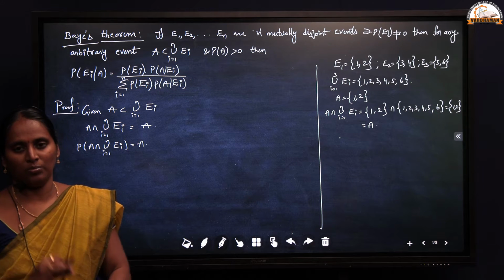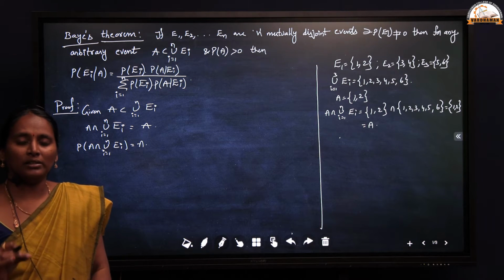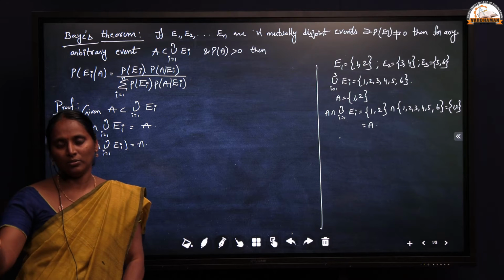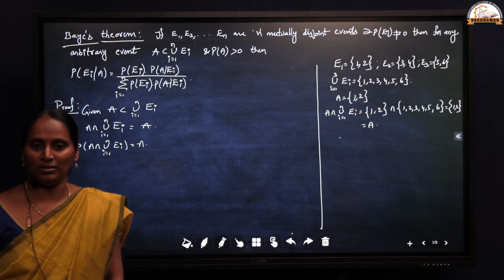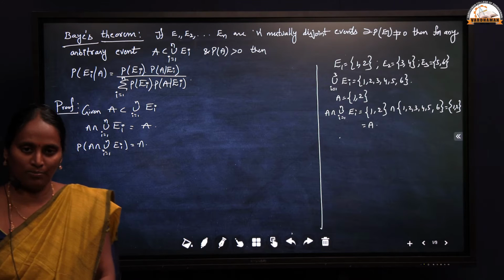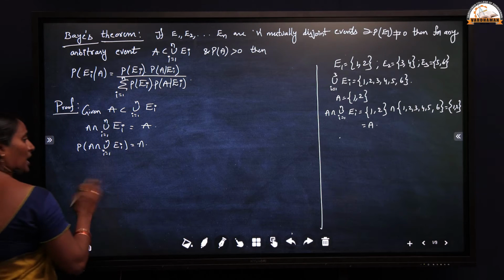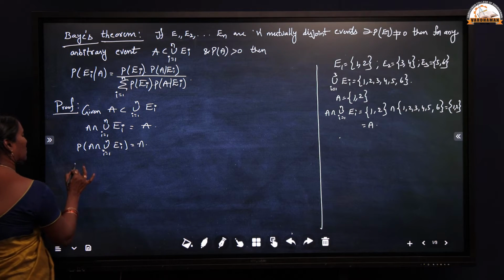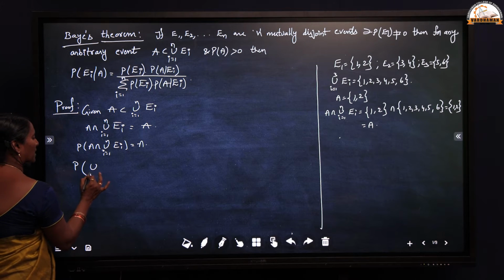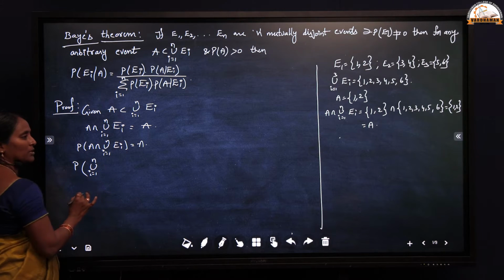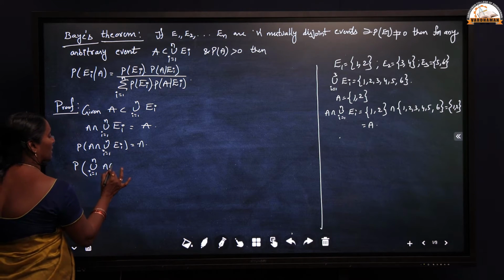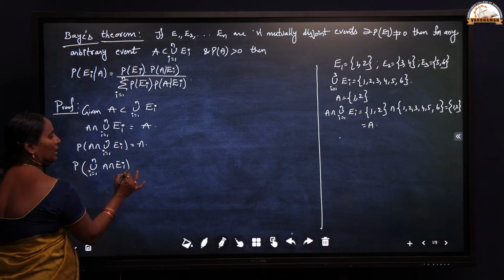The sum of all the probabilities is equal to 1. And the third: if A and B are two disjoint sets, then P of A union B is equal to P of A plus P of B. So now we are going to write it as a union: P of the union of A intersection Ei for i equals 1 to n